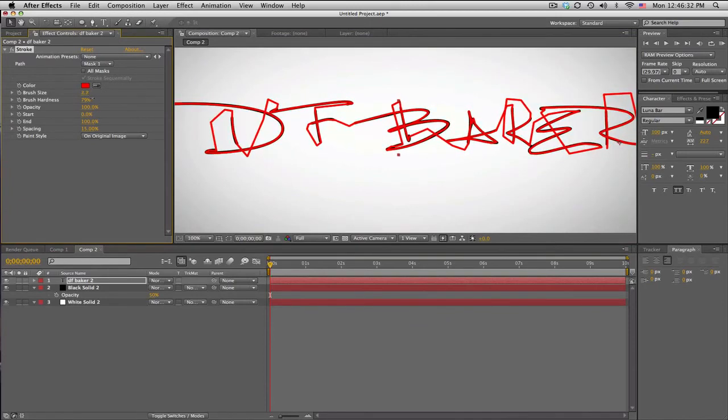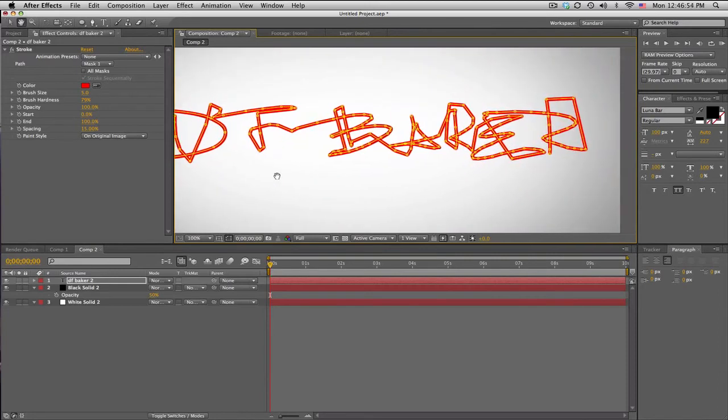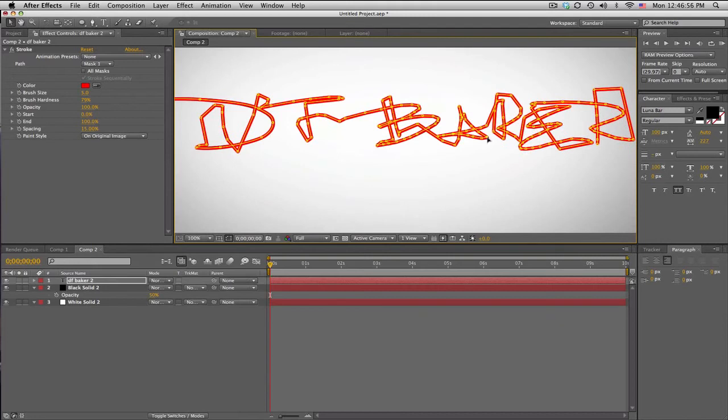Make it just big enough, and if some parts are showing, instead of making the brush size bigger, move some of the points over so it fills in nicely. Reduce the brush size as much as possible, and that looks pretty much covered.